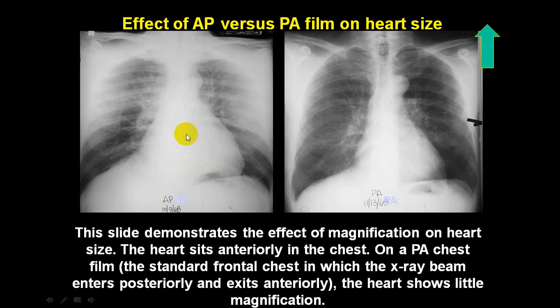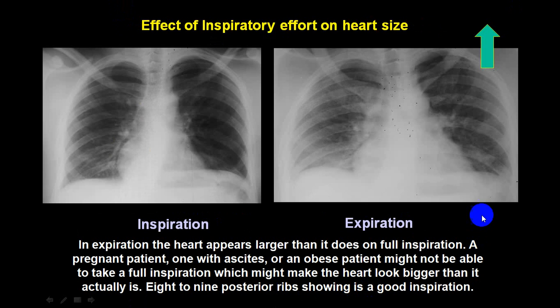This is AP view. This is PA view. So do not mistake this as a cardiomegaly. See, this is an AP view. This is PA view, same person. This is normal heart size. This is cardiomegaly. So this is a false diagnosis. So always look at, see here it is mentioned AP, here PA. So same person. So this is in inspiration, same person in expiration. So try to look. This appears like cardiomegaly.